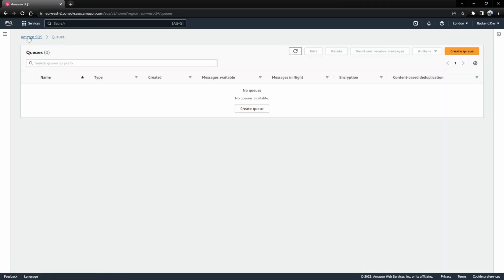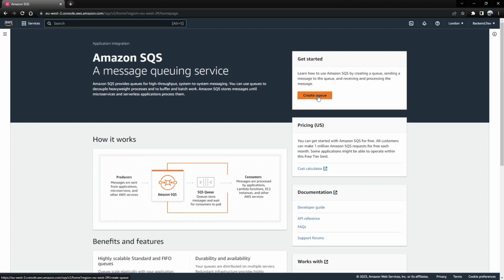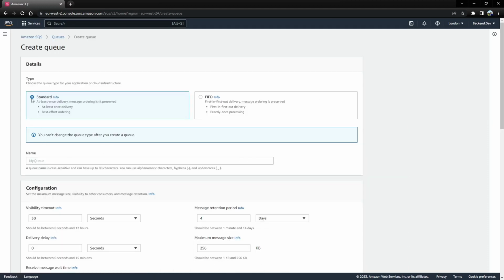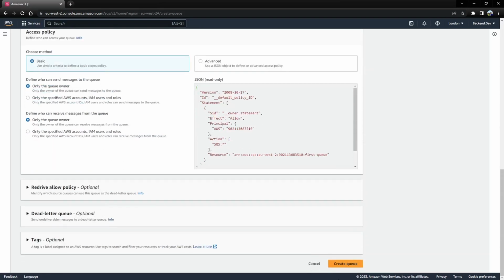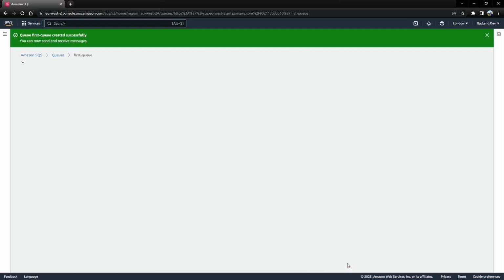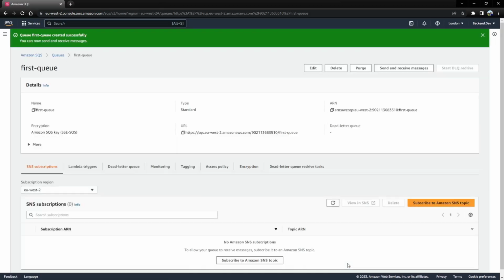So in order to create a queue, we will click on this create queue option, and we will just say first queue, or probably you can also mention it as a first queue. And we will leave all these options as default, and let's create a queue. So creating a queue is super simple. All we have provided is the name alone. The information that I have shared as part of the theory is good to know, and we can still